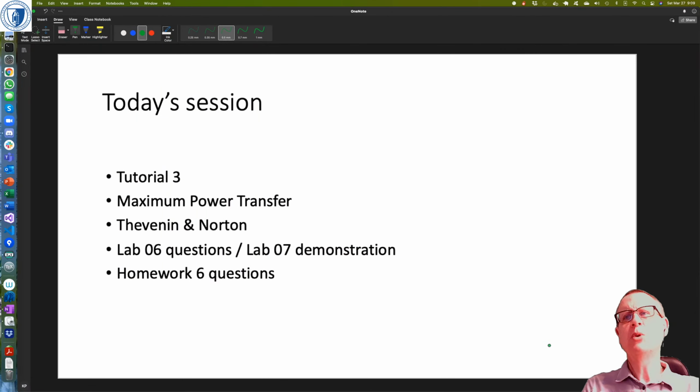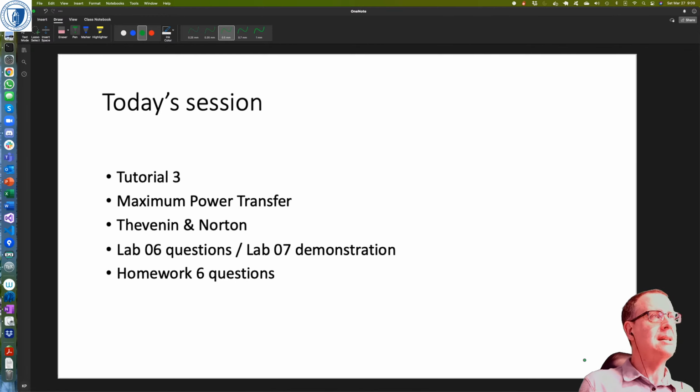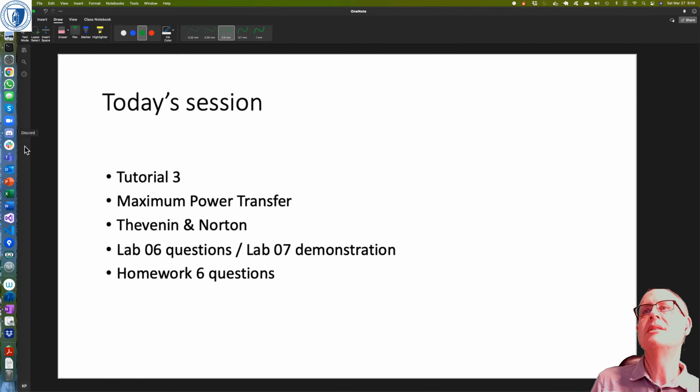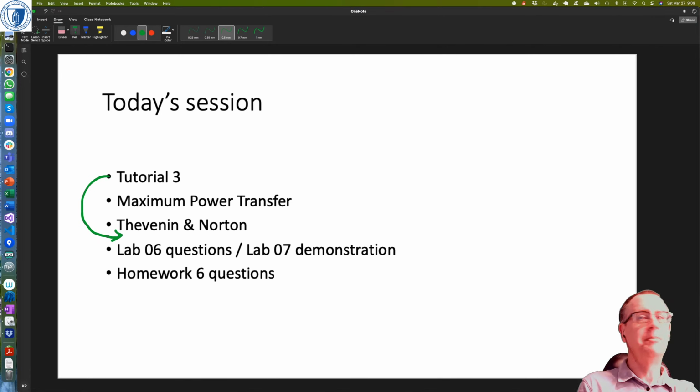So I sort of talked about maximum power transfer and Thevenin and Norton already, but what I really want to get done today is that tutorial. So, but I thought before we did that tutorial, maybe I should have reorganized this. I did want to talk about Thevenin and Norton first, but what I'll do is I'll just have a look at the questions on the tutorial first, and then